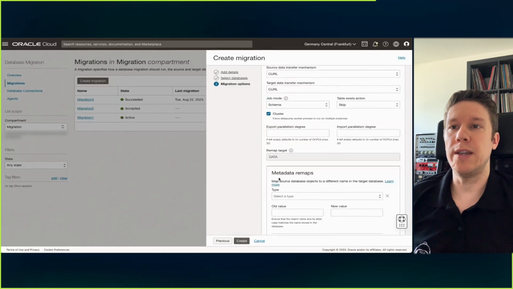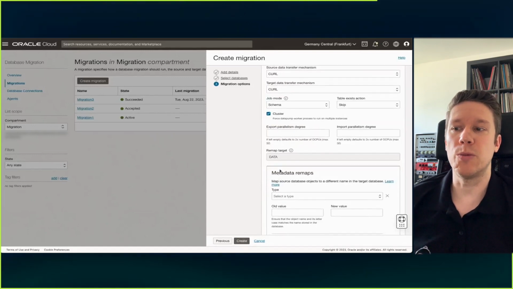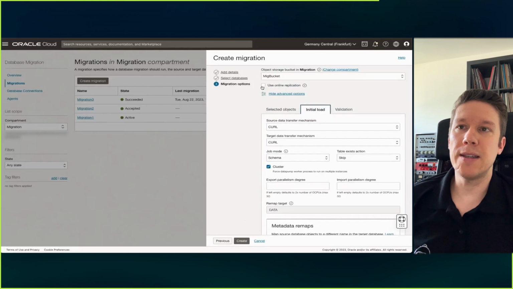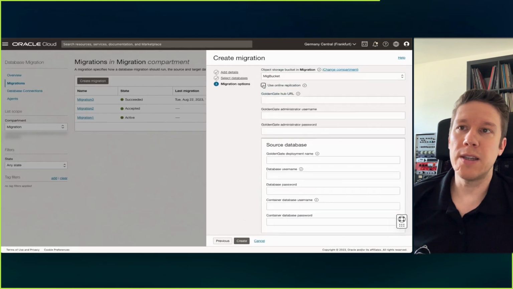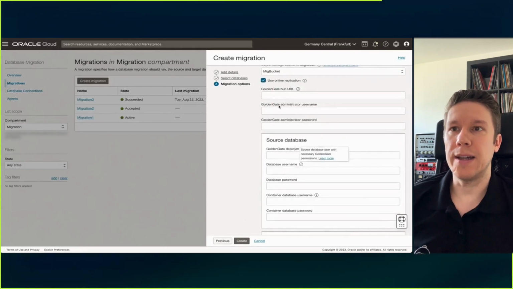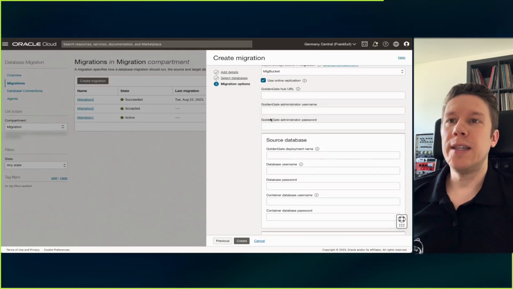So we just do the export, we upload it to object storage, and then we do the import into autonomous database. But we also can use DMS to run online migrations. And in that case, I need to check this here to say use online replication. And then I need to specify a few more parameters here, like GoldenGate hub and GoldenGate admin user and password. Now for that, we need a GoldenGate